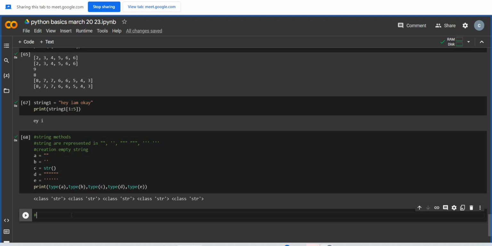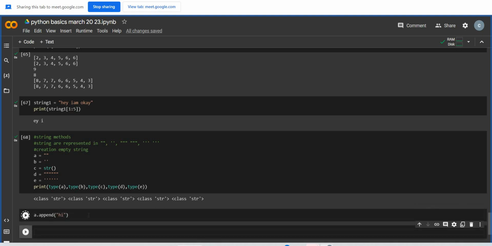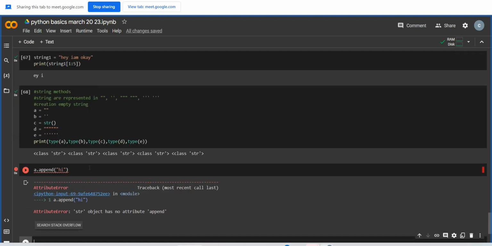Unlike a list, if I try a dot append, here you can see list methods, everything we applied there is not applicable to string methods. That's why I told you that the data type we are handling should be known by using the type method. Now here we have 4 functions mainly: lower,